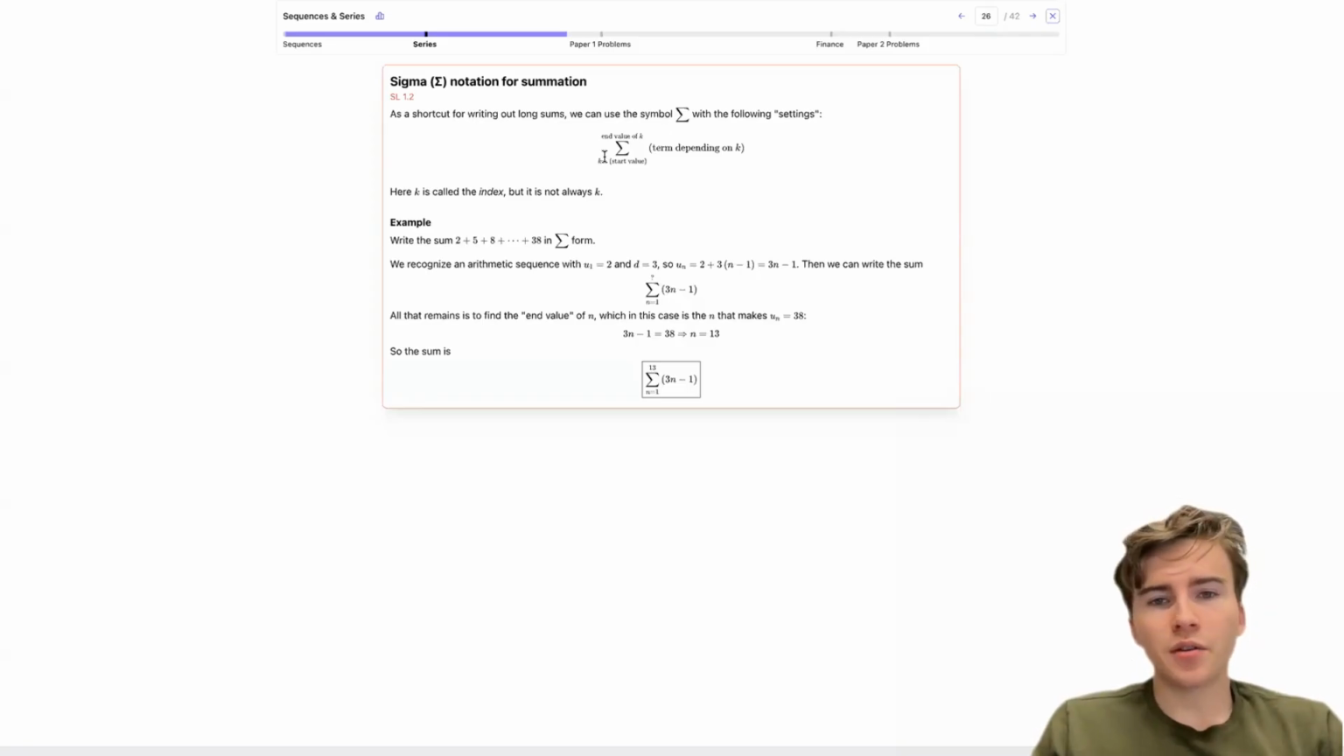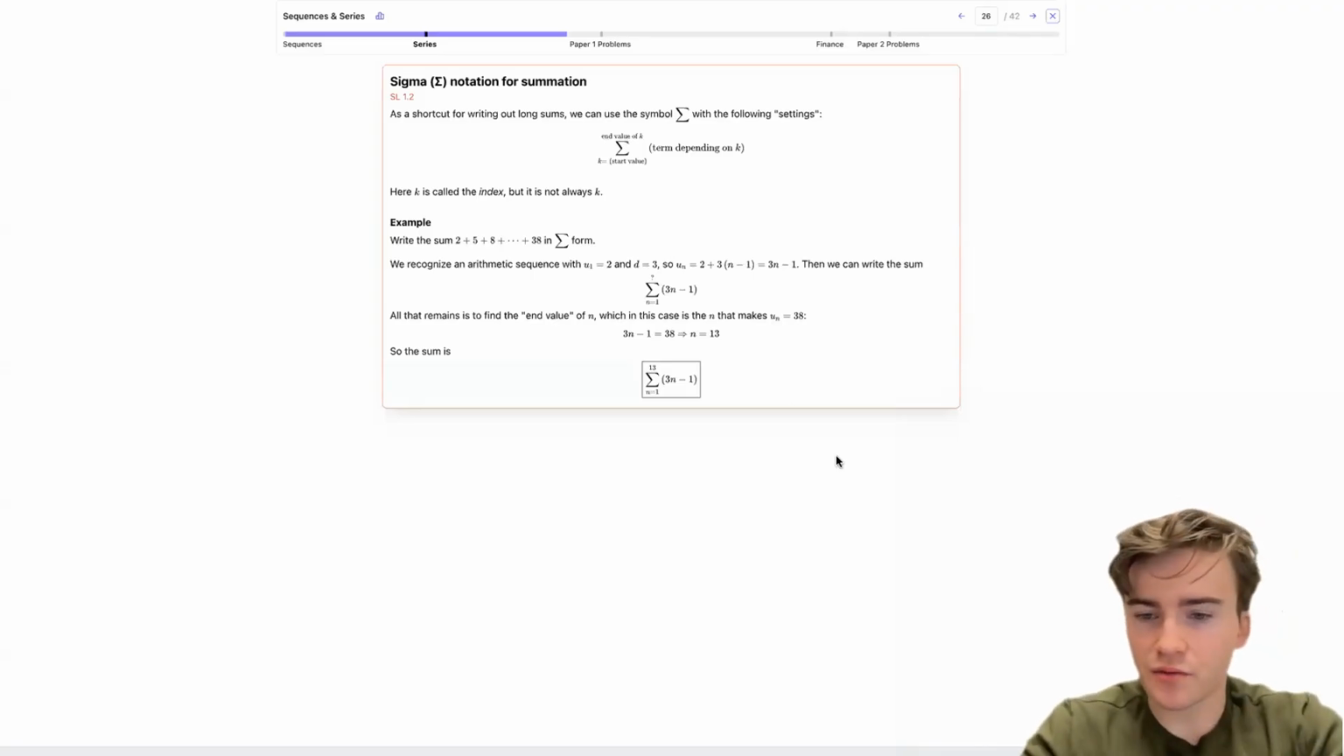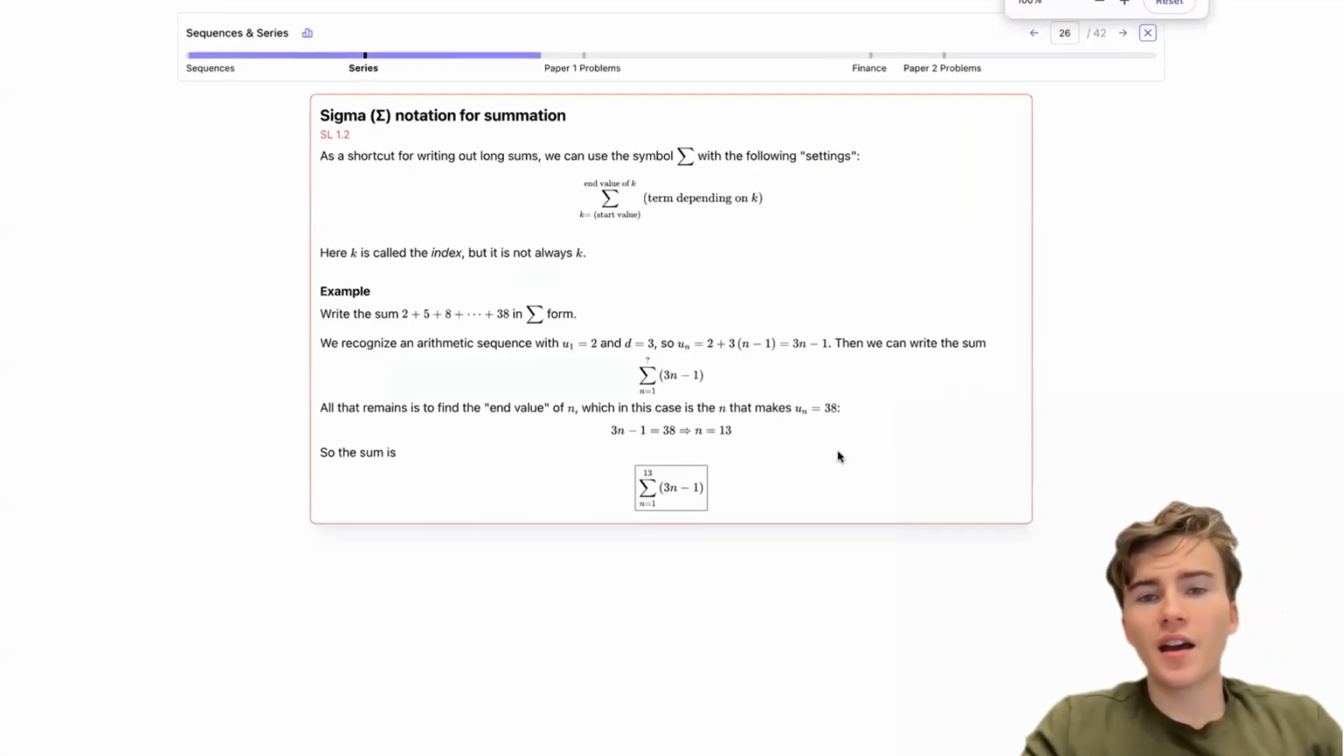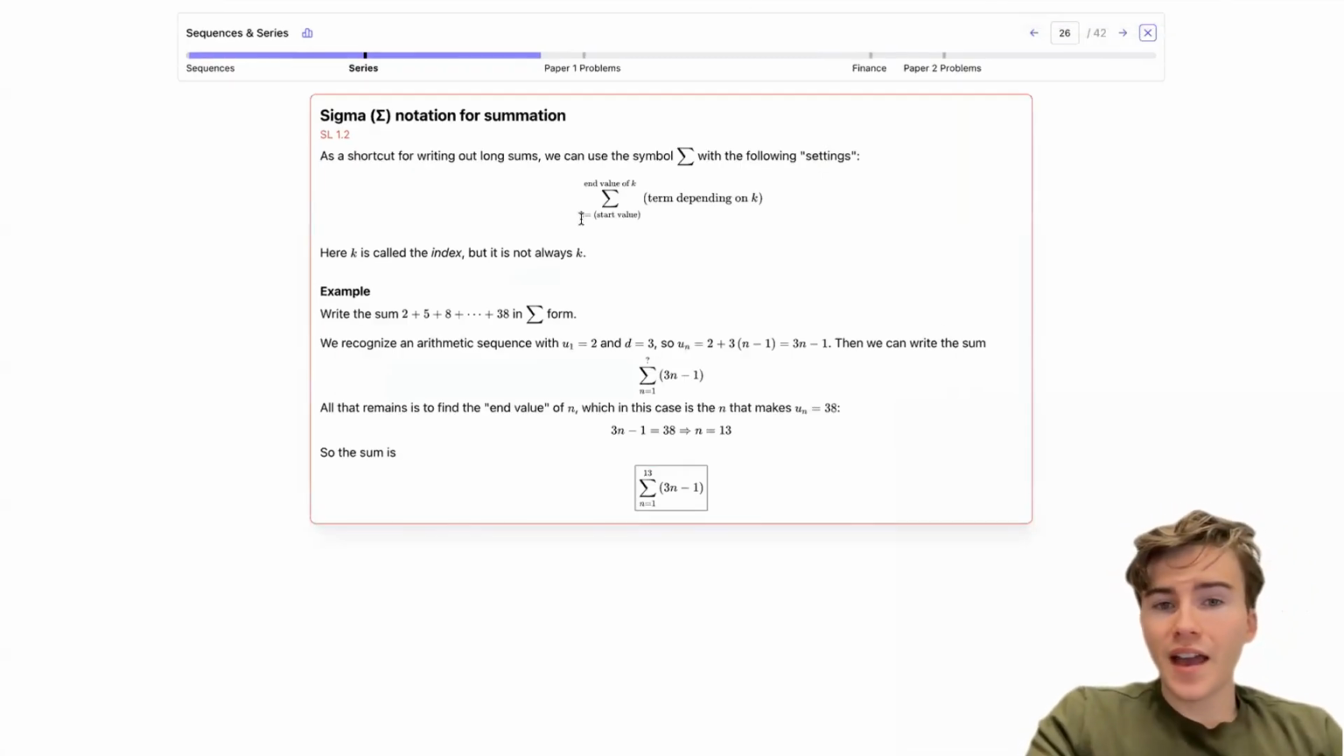So what does this notation mean? It's a shorthand way of writing something plus something plus something, a long sum of things. So let's say I have the sum 2 plus 5 plus 8 all the way up to 38. The way I would do that is essentially this. Let me zoom in a sec so you can see a bit better. I have a sum, and I put underneath the sum my index and where I'm starting